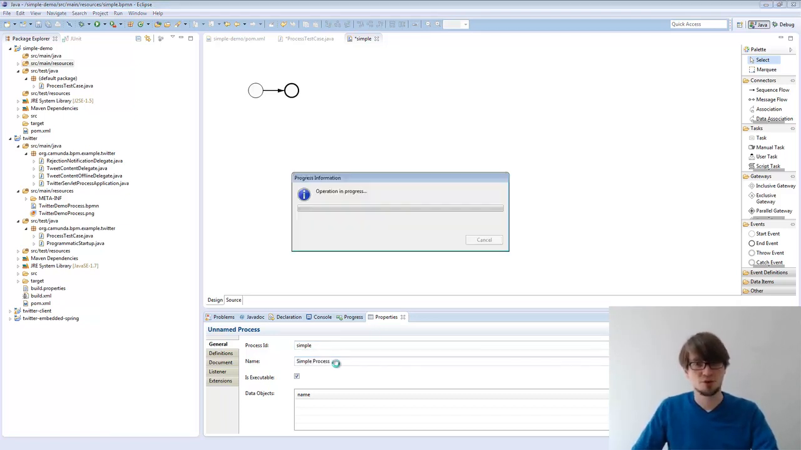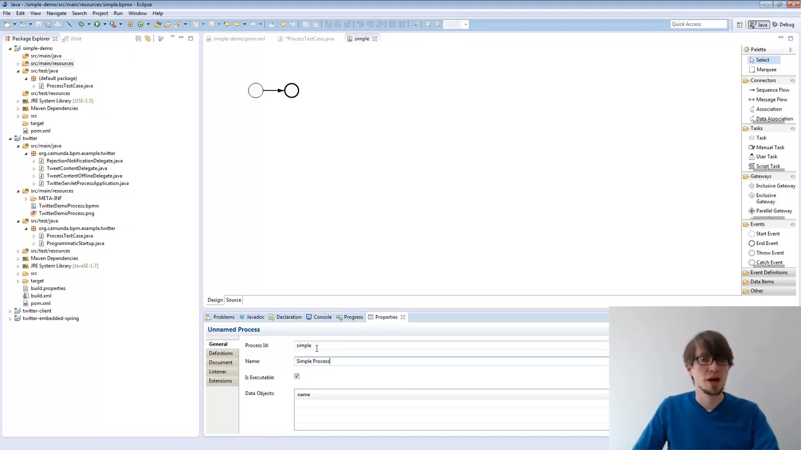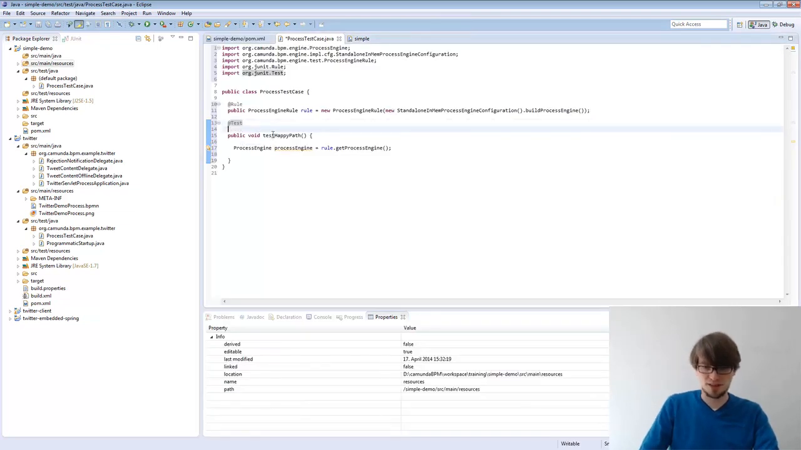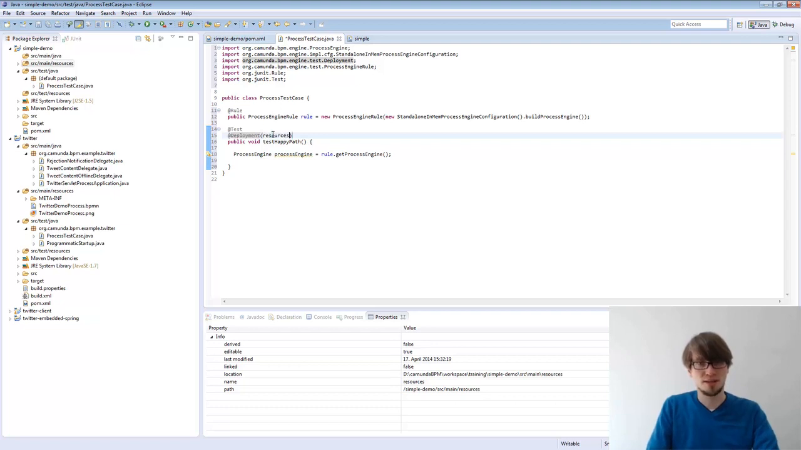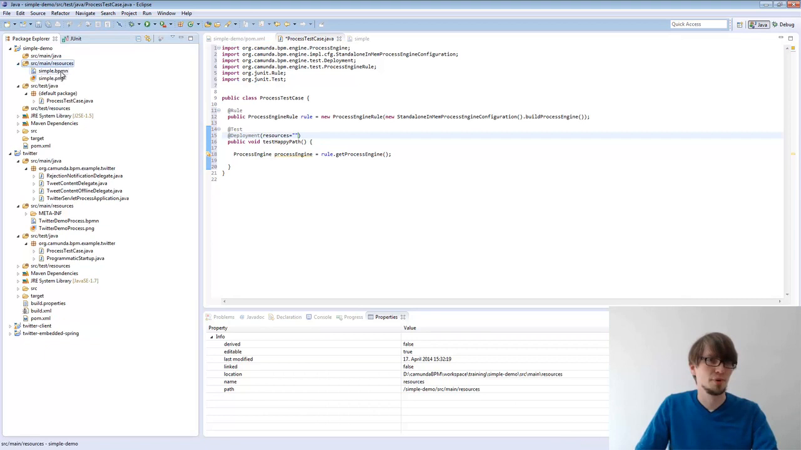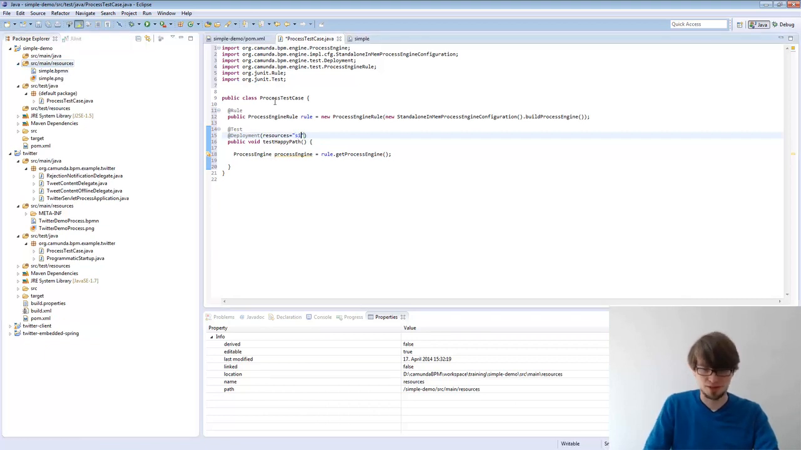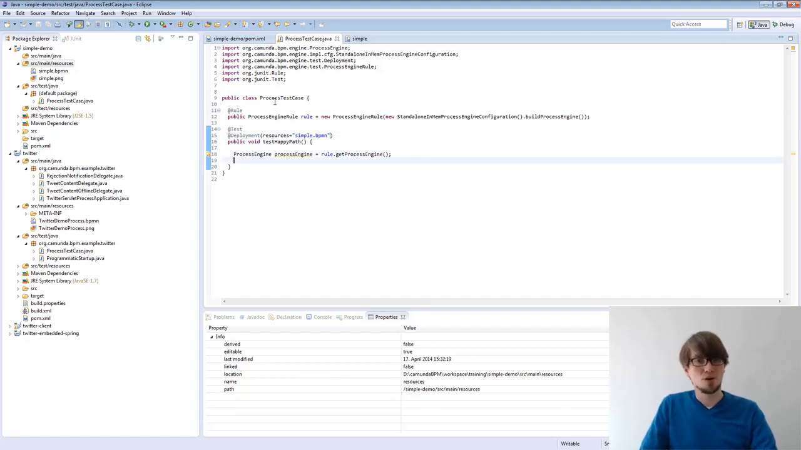The name is actually only for the human in Cockpit or whatever, but the process ID, that's really important. And there's a bit of confusion in the API, but remember this is a process ID from the BPMN file. If I go to my process test case, I can say, okay, I want to have a deployment for this test case, and I deploy a couple of BPMN files. In this case, it's only the simple BPMN from the class path. And now I'm able, in my test case with the process engine,